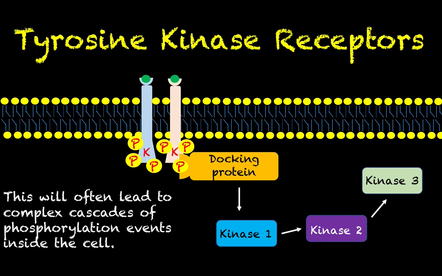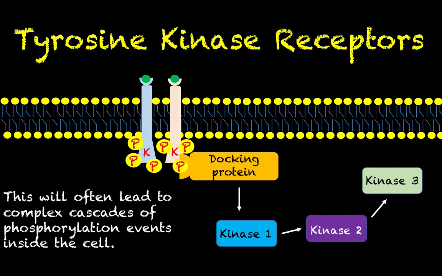So this is very often going to lead to what is sometimes a complex series of events inside the cell that generally lead to a mass phosphorylation of proteins inside the cell. So the general idea of what I'm trying to convey in this picture is that the docking protein attaches to the tyrosine kinase receptor, and this creates an activation point for a different kinase, which we will call kinase number 1. Kinase number 1 will phosphorylate another enzyme, which we will call kinase number 2. Kinase number 2, now that it is activated, will then phosphorylate kinase number 3, and then this cascade of events